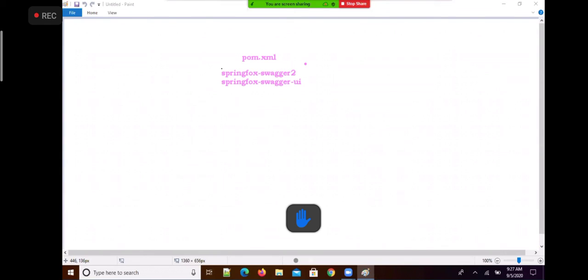Second, we are going to add the @ApiOperation annotation on the REST controller methods.